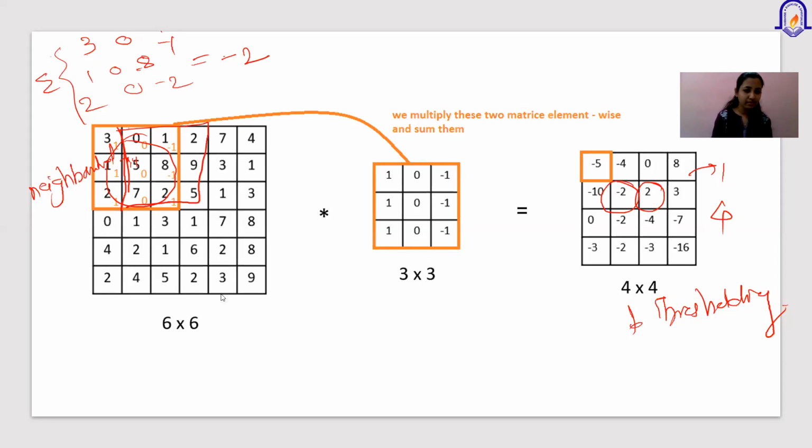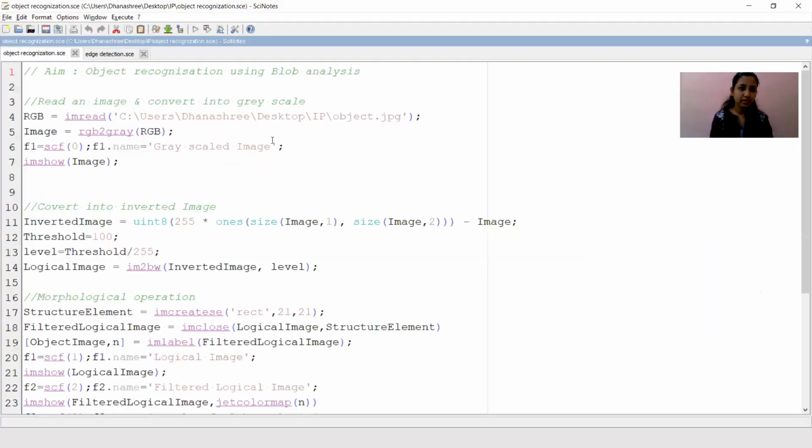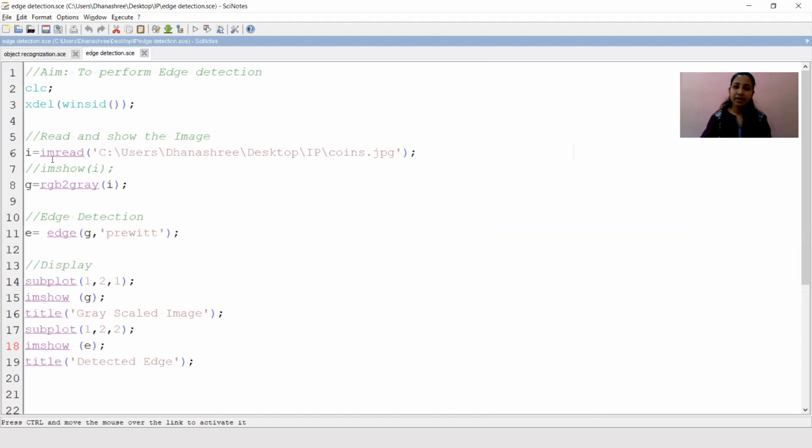And I hope everyone is listening. Yes, ma'am. Okay, so our motto is to get the output. So now let's quickly jump to the program. Is my screen visible to all of you? Yes, ma'am. Okay. So now reading an image, convert it into gray, all those things we have done. The complete program I have kept it ready for you so that it will not take much time. And this program I am uploading on a Moodle, so you will refer to it.